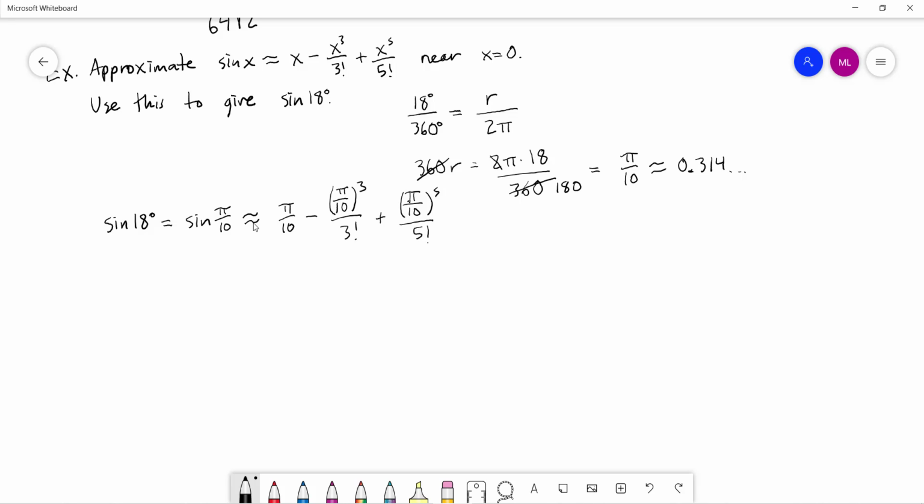Plus pi over 10 to the 5th power divided by 5 factorial. And when I hit enter, this gives me approximately 0.3090170542. If I do the actual value instead, if I just simply do sine of pi over 10 on my calculator in radians here and hit enter,